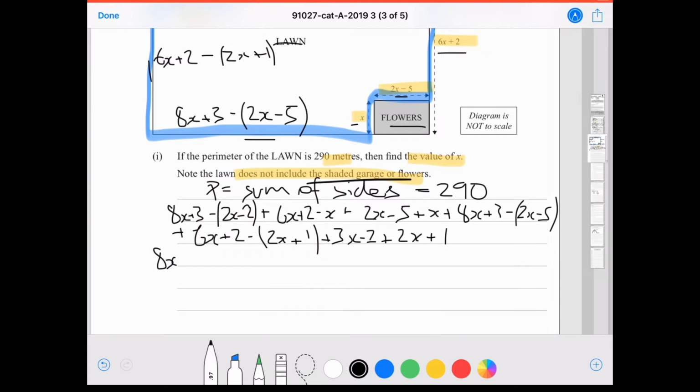So 8x plus 3, so it's minus 2x plus 2, plus 6x plus 2, and here we can, now let's keep going, 6x plus 2 minus x plus 2x minus 5 plus x plus 8x plus 3,